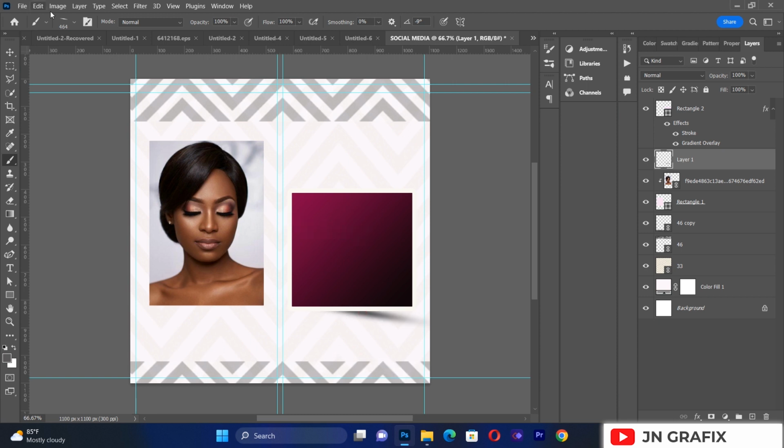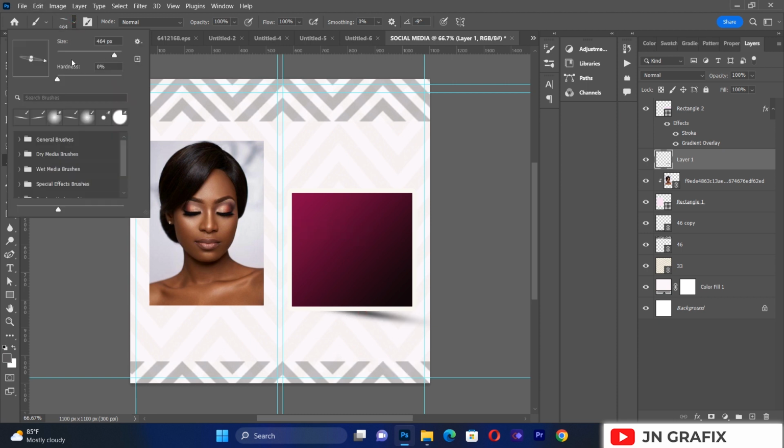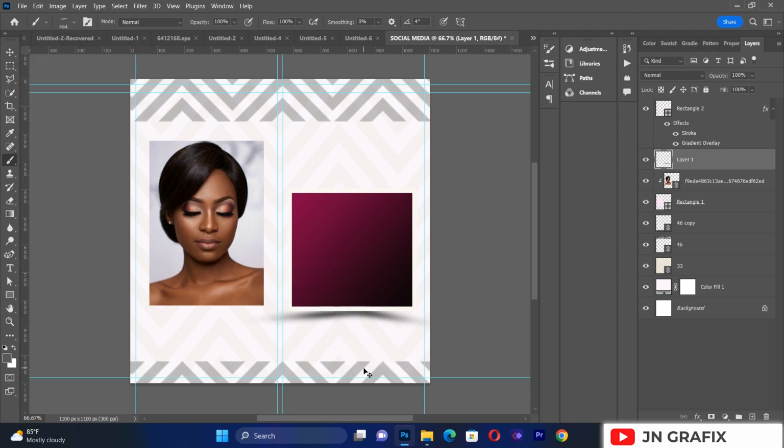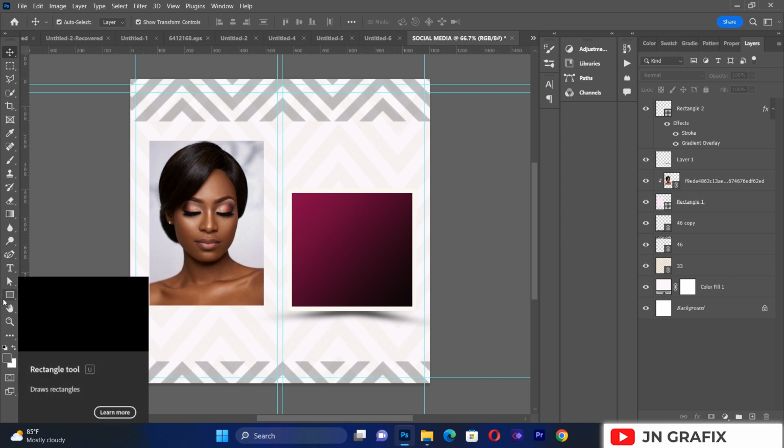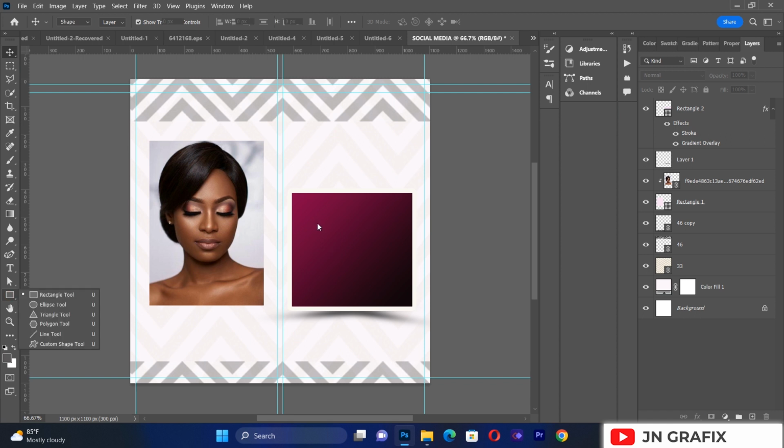So this is the shadow that I just want us to create, very nice and very amazing. We will create another one also here, so that we will get something very nice and beautiful. So this is what I just wanted us to make. After we are done with this, we will go on and create some